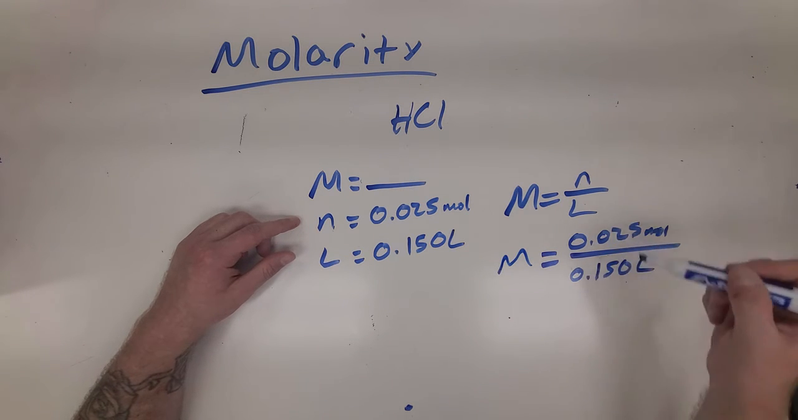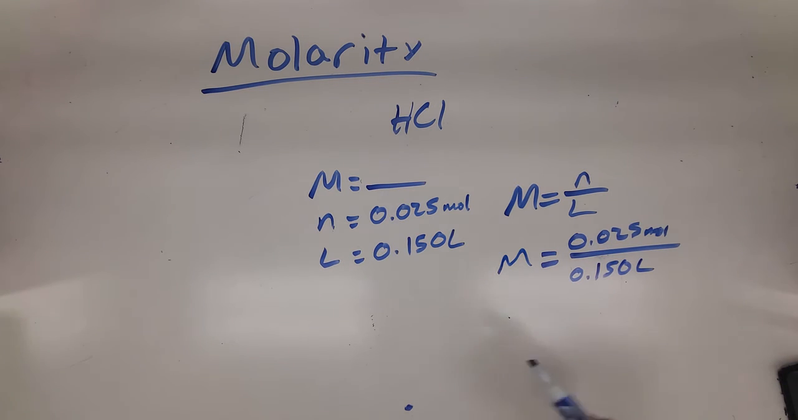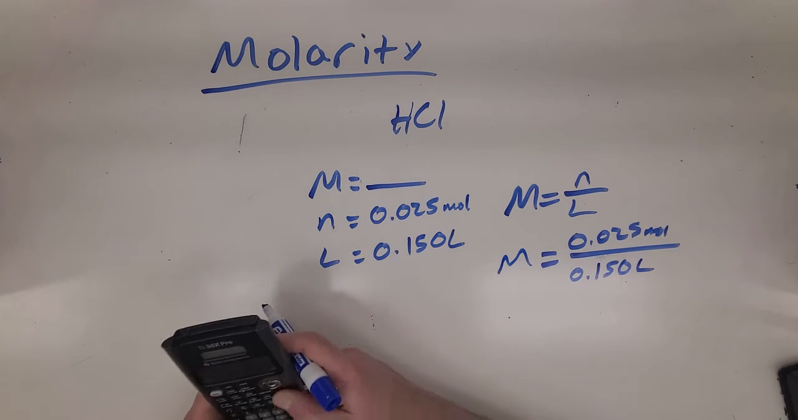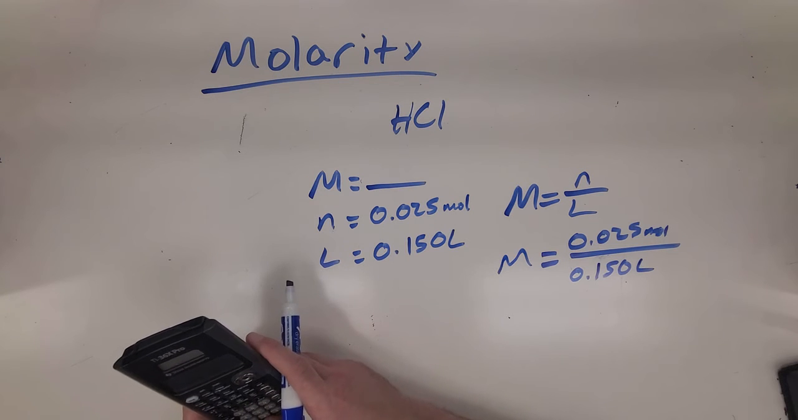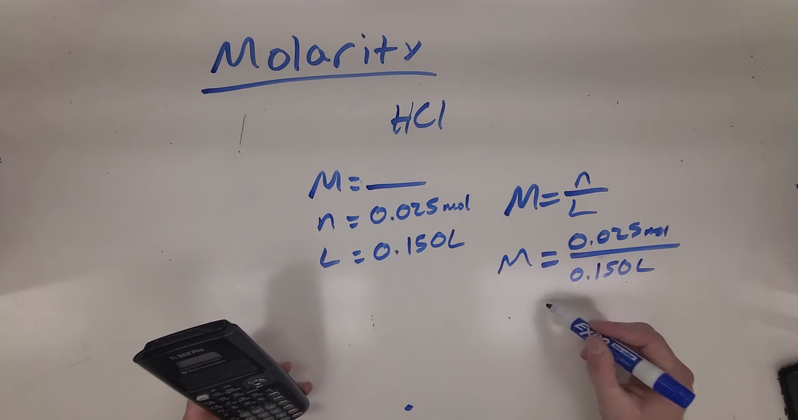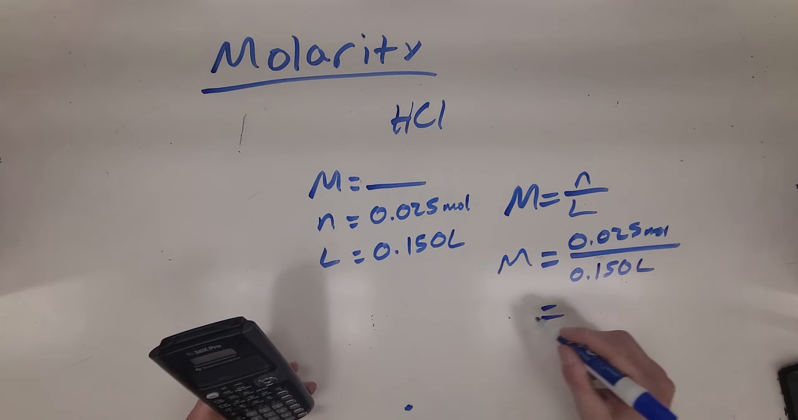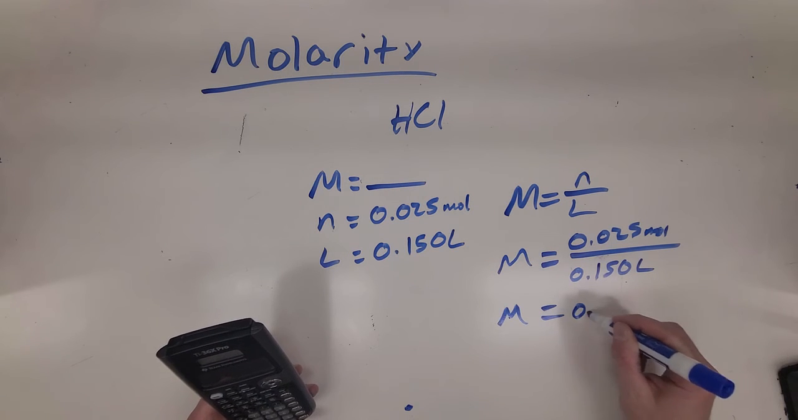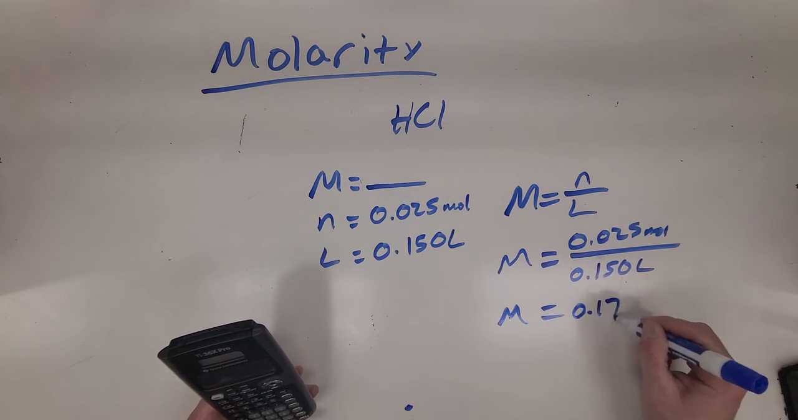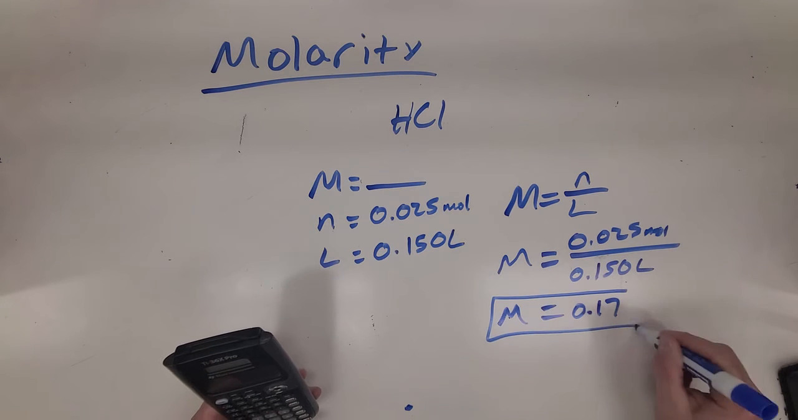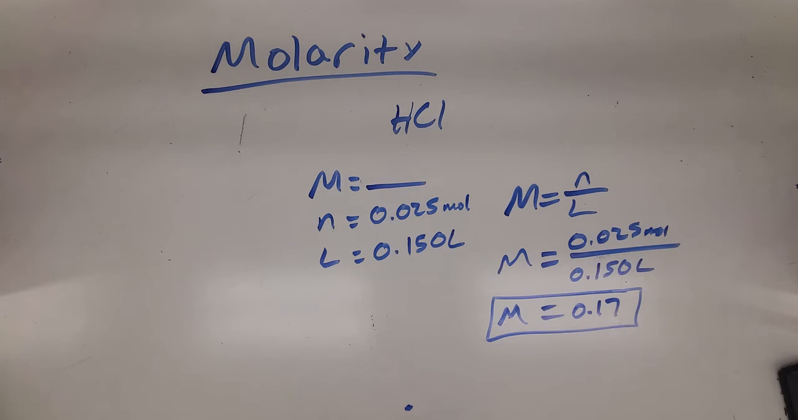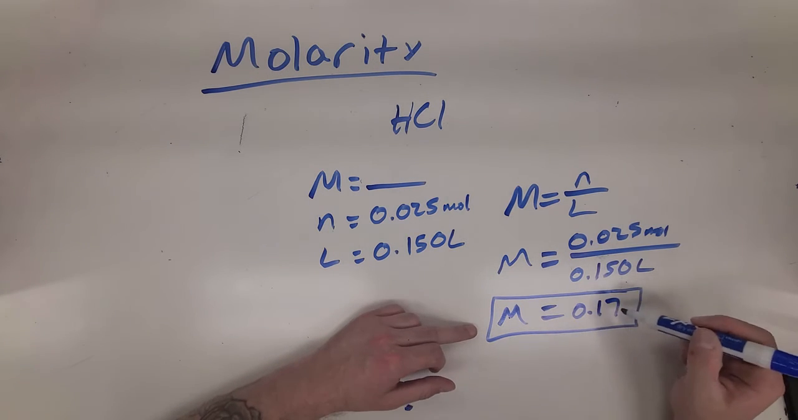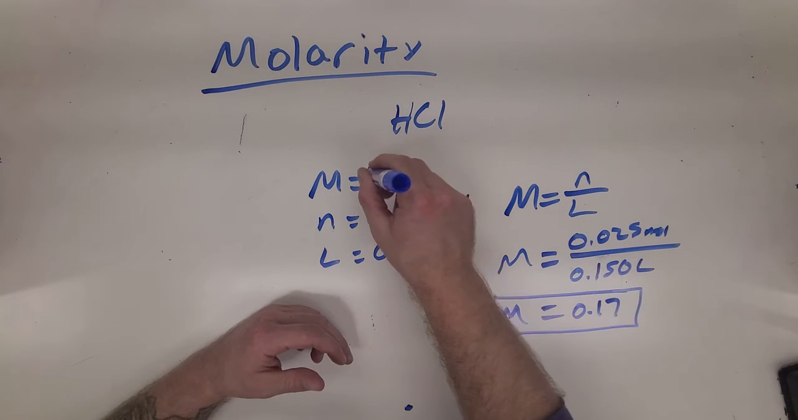What you would do is just go top divided by the bottom, and I'm going to math this really quick. 0.025 divided by 0.150. And that would make this molarity 0.17 rounded. Sorry, I'll use significant figures if I was off there by a little bit. So that would be our molarity here. That would be our concentration